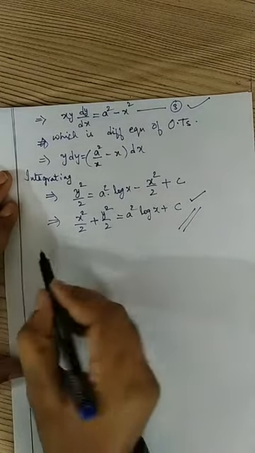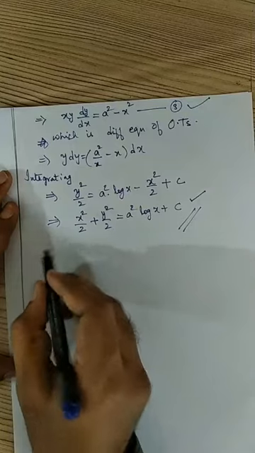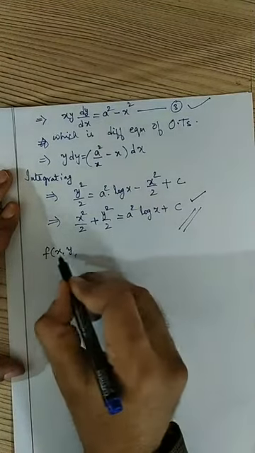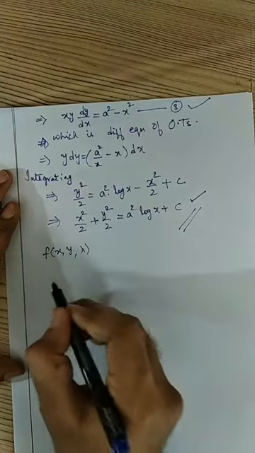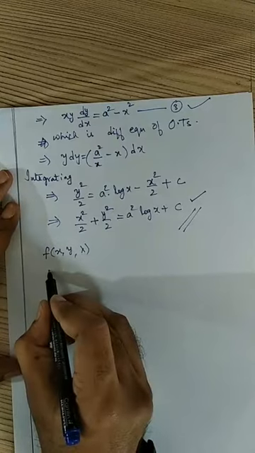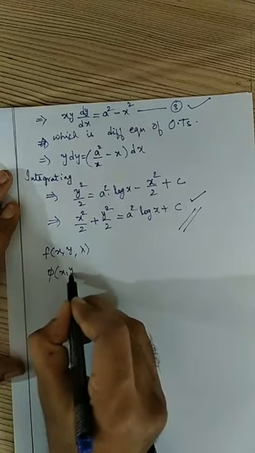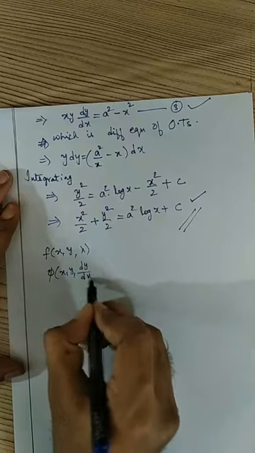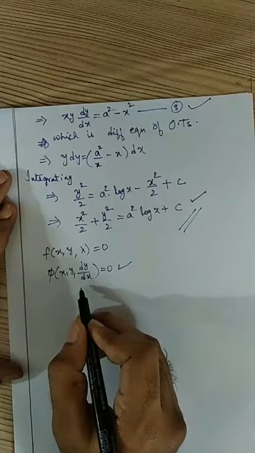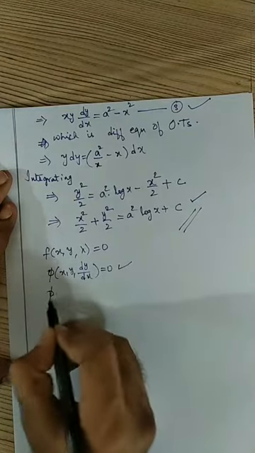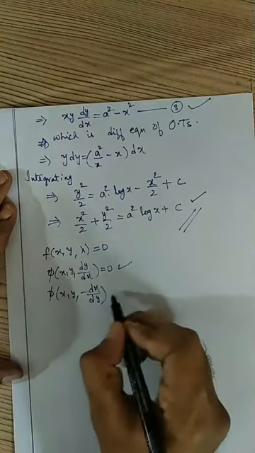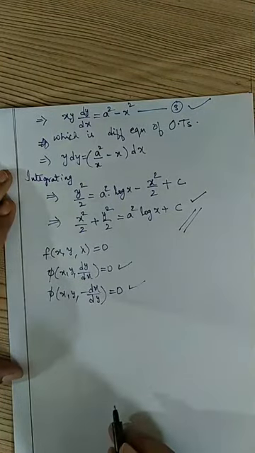second unit. Now, what we have basically done is, if the given family is f of x comma y comma lambda, then we have differentiated this with respect to x and eliminated lambda to get another function phi of x comma y comma dy by dx. Actually this is the differential equation of the given family. So we replaced dy by dx with minus dx by dy. This is the differential equation of orthogonal trajectories.